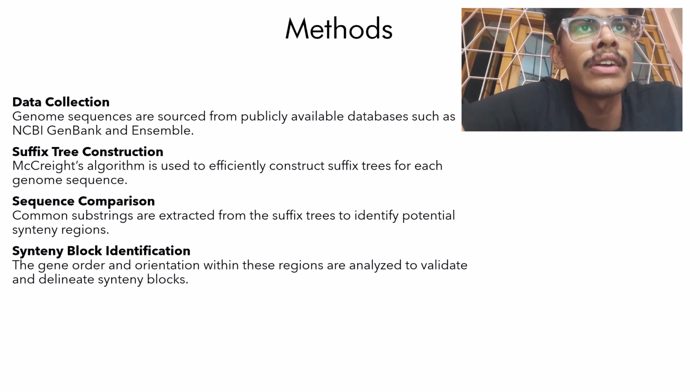As we all know, for any project the first step is data collection, which we collected from public databases like NCBI, GenBank, and EMBL. The approach, as we told before, is suffix trees, and we use McCreight's algorithm. This algorithm is important because it builds a suffix tree in linear time, meaning construction